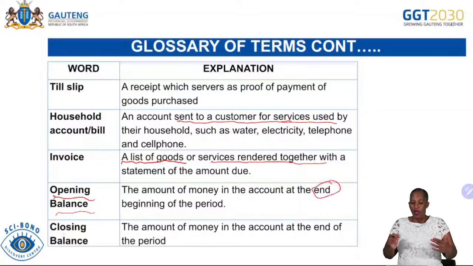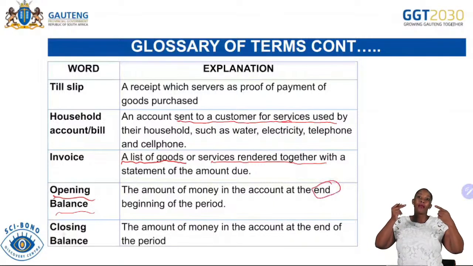They continue depositing money for you in that account. So as they continue depositing money in your account, they know that maybe they put away 50 rand every week. So they know by the end of the month, how many weeks are there in a month? 4 weeks. Then at the end of the month, how much do you have now? You'll be having 200, because we said it is 50 rand per week. So by the end of the 4th week, you'll be having 200 rand, and then that will be your closing